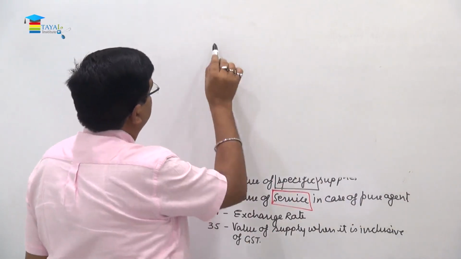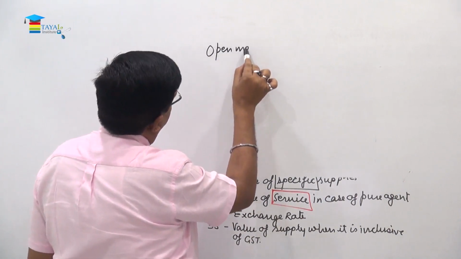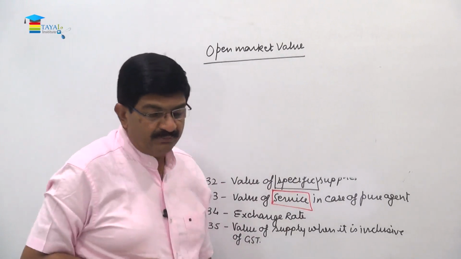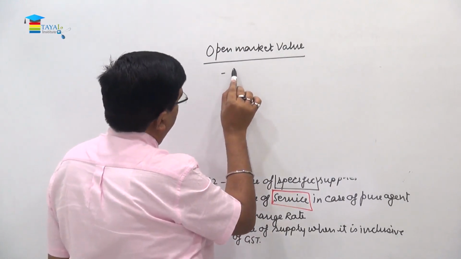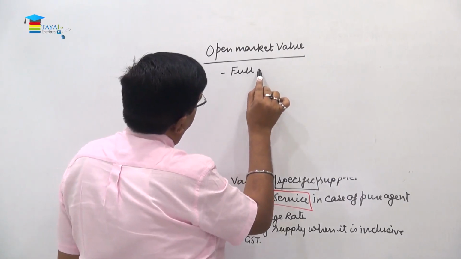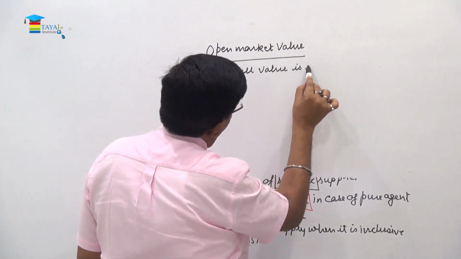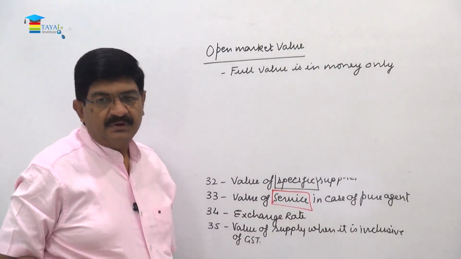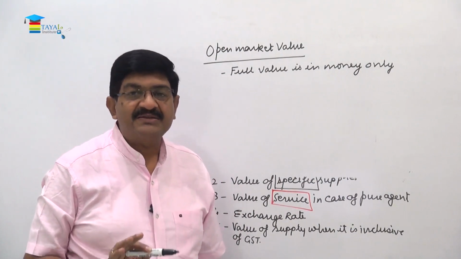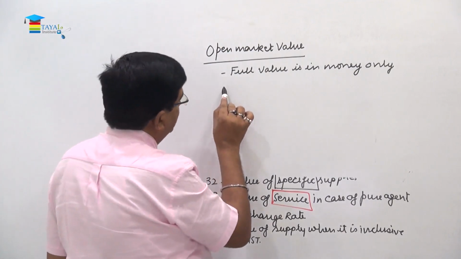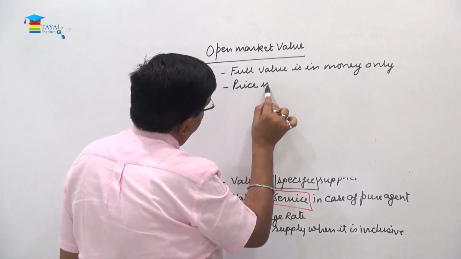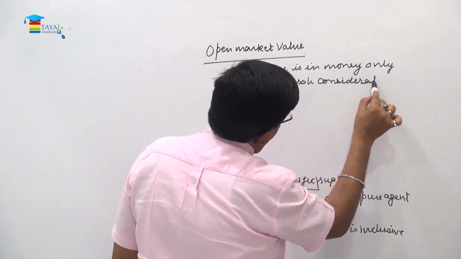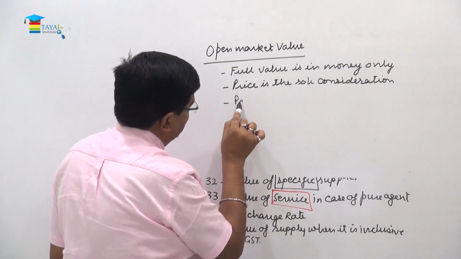So now open market value. What is the meaning of open market value? The first thing is full price, full value is in money only, no additional consideration, only price is the sole consideration. Number 3,